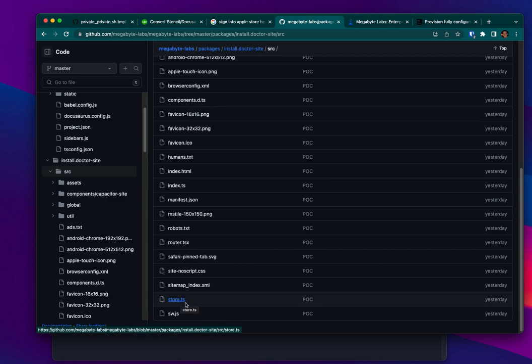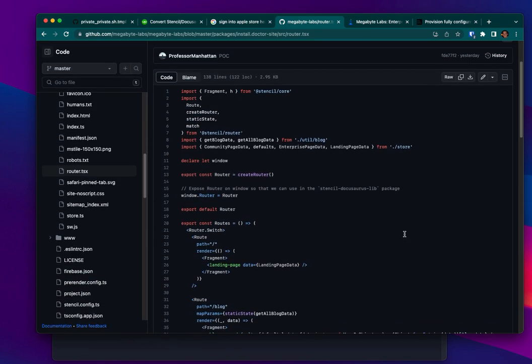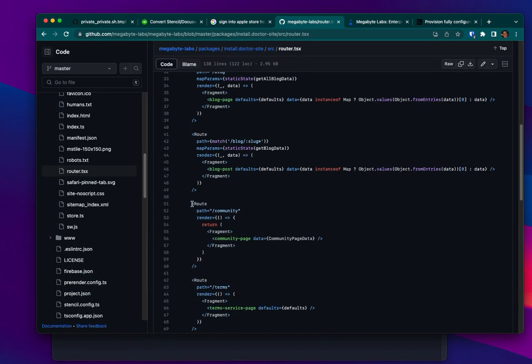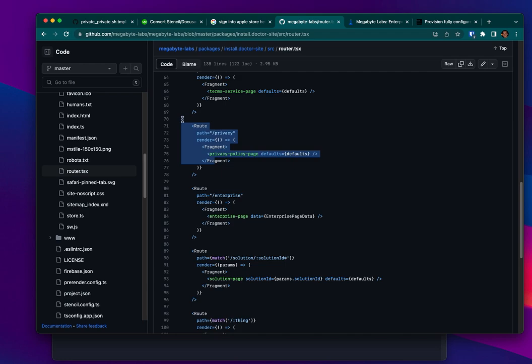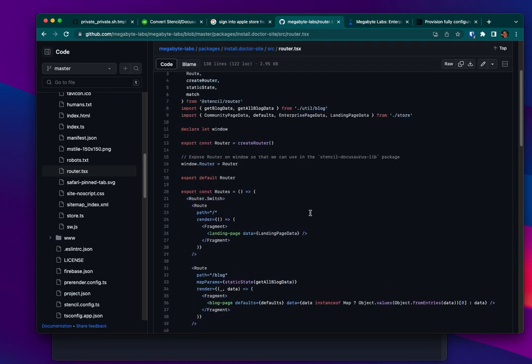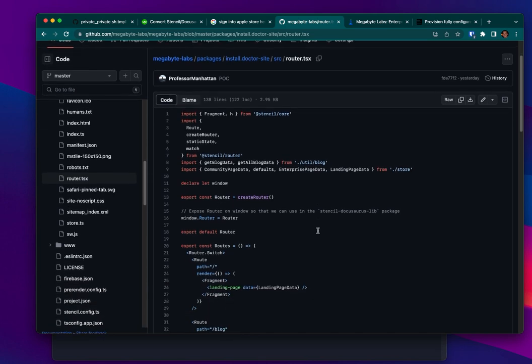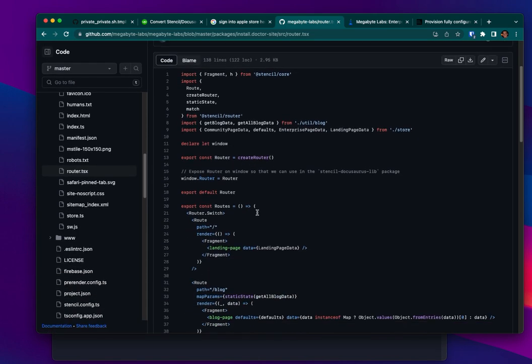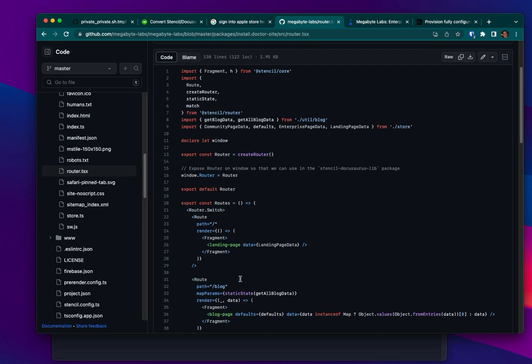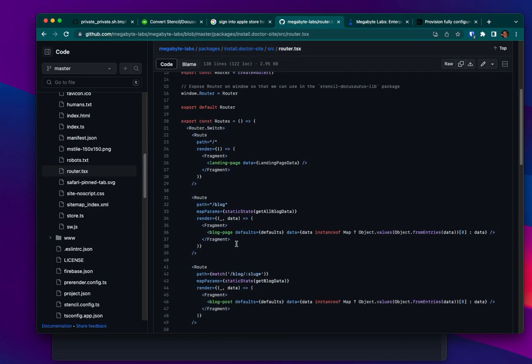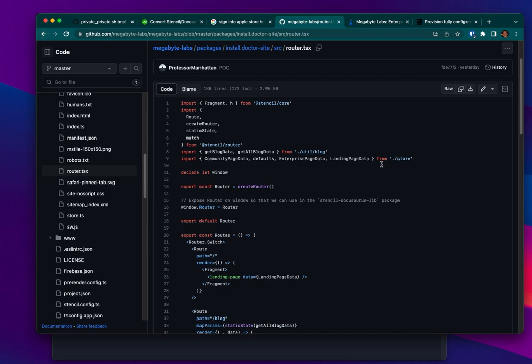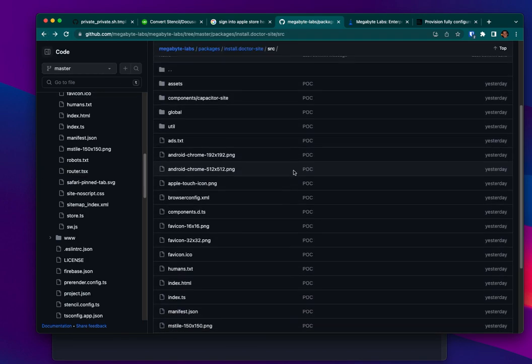format. So in router.tsx, you can see it defines all the different routes. Here we have the community page, the blog page, the terms of service and the privacy policy page. All these pages are just defined here, and then we're using the data to populate them from the store file. The store file is where we're keeping